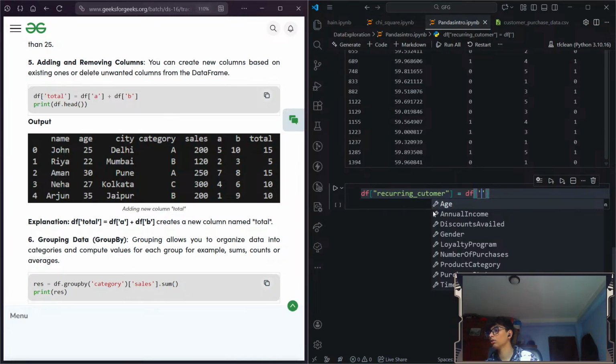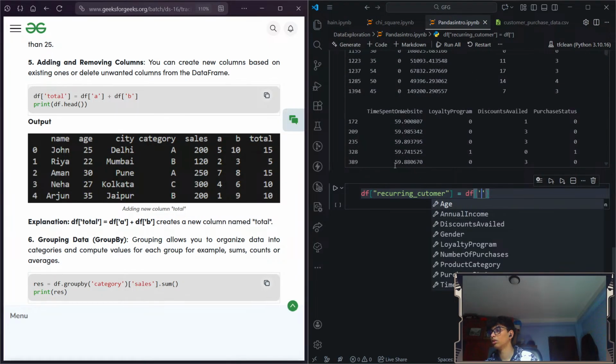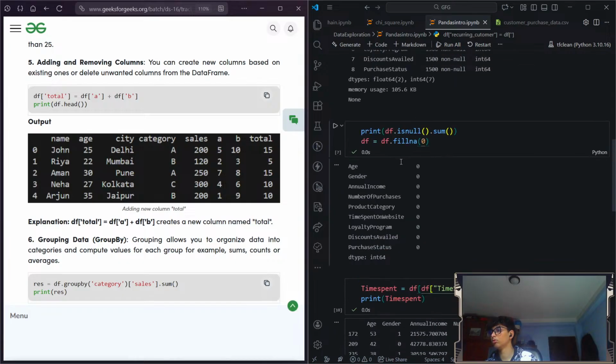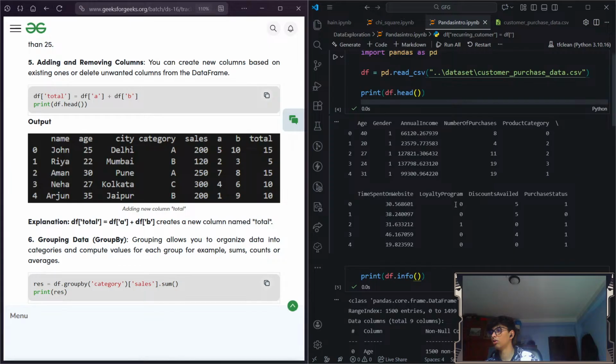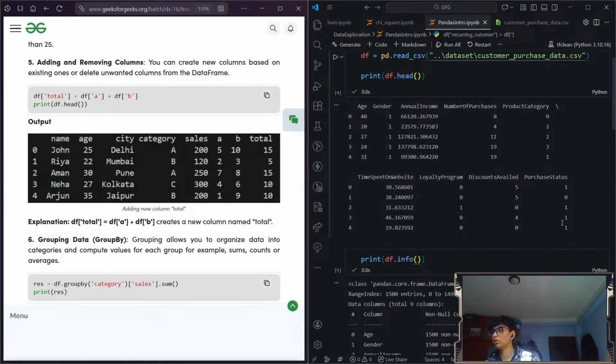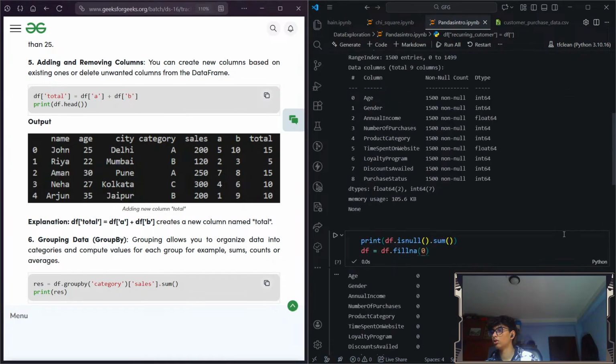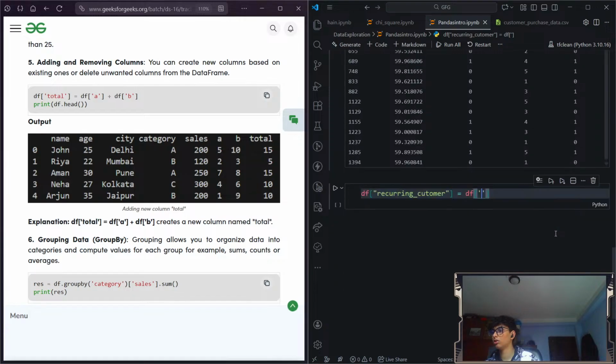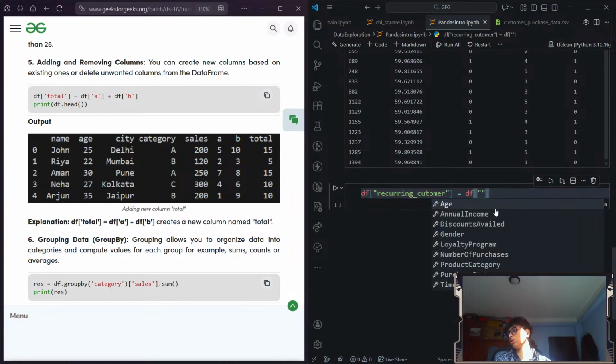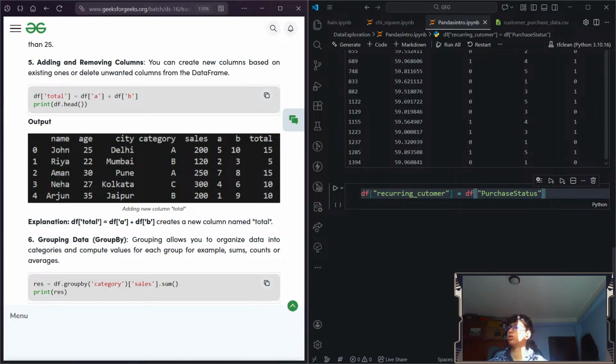So recurring customer must be those who have discount available and purchase status is more than